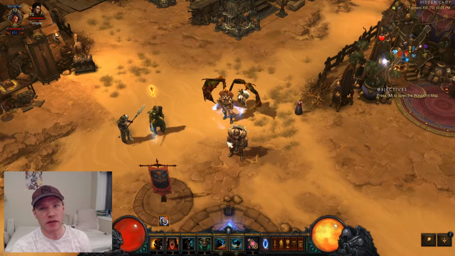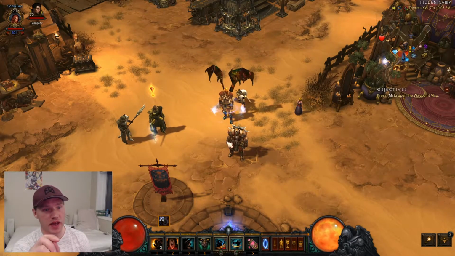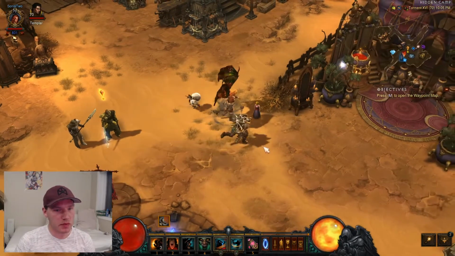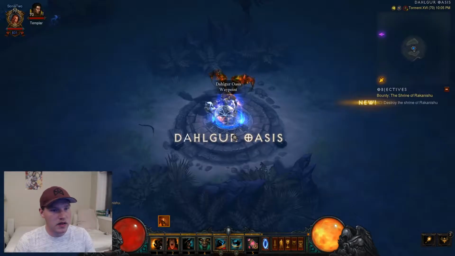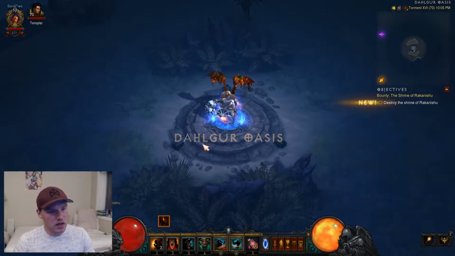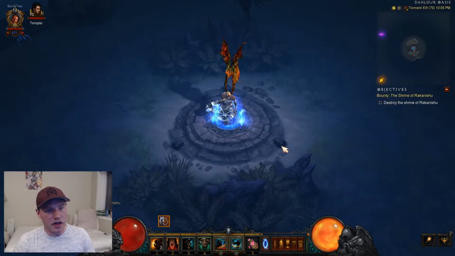Okay, your next item, which will probably be the easiest for you to get, you're going to come over here to Squirt the Peddler. You're going to look for her miscellaneous, and you're going to buy Wirt's bell. The next place you're going to want to go is the Dahlgur Oasis, and you're going to be looking for